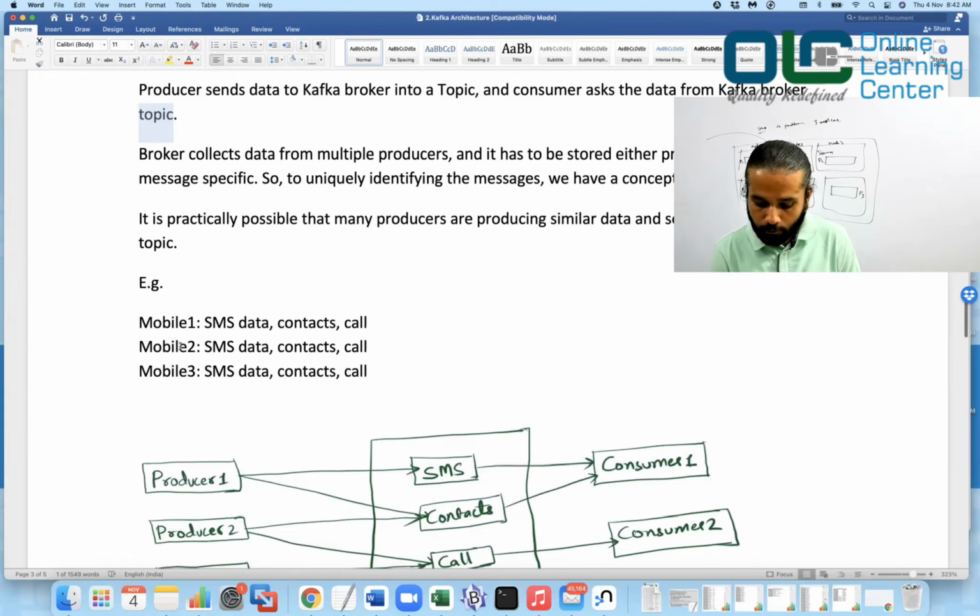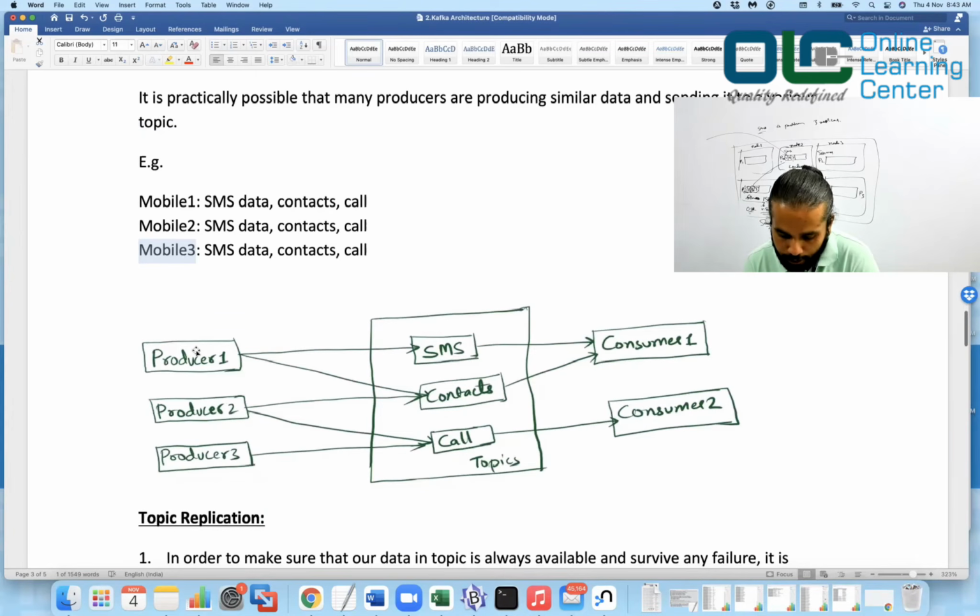I have mobile 1, mobile 2, mobile 3. Three people have their mobile devices. And what we have done is we have started collecting the SMS data, contacts data, and calls data. So mobile 1 is giving me SMS data, contacts, and calls. Mobile 2 is giving me SMS data, contacts, and calls. Mobile 3 is giving me SMS, contacts, and calls.